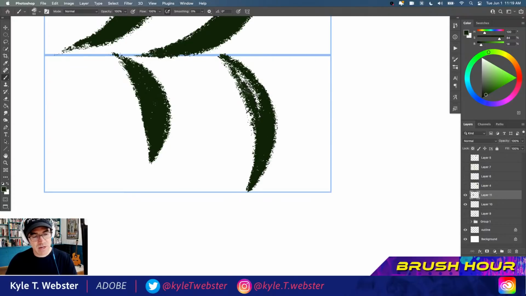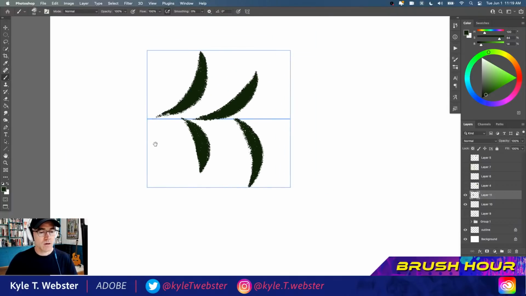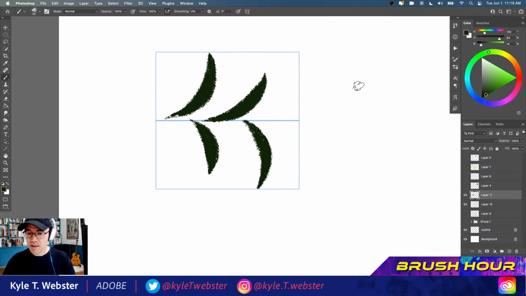Bit of texture in there. It's always fun. All right. And then I'm going to just hint at a stem. Okay, so here in the center, it's going to have a few little bits and pieces. Like that. All right. And finally, I'm going to use, now, if you have the latest versions of